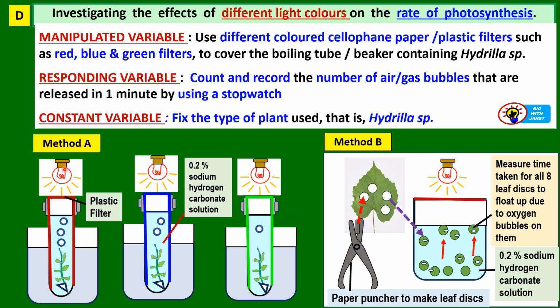Okay, now you can see here, the whole boiling tube will be wrapped with the plastic filter, so that the light now is shining from the top. So it will have to pass through the plastic filter. Some of the plastic filters are made from the tougher plastic. This one is for blue color, and this is for green color. Okay, now the light bulb is shining from the top down to the boiling tube. Okay, now in the boiling tube, your constant variable will be the concentration of the hydrogen carbonate solution. Maybe you fix it at 0.2%. Okay, then